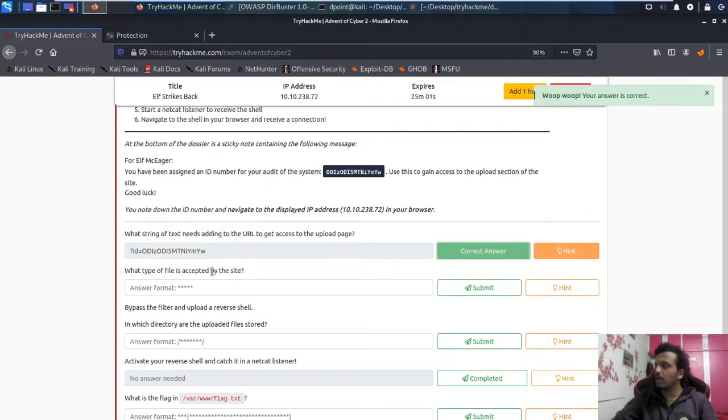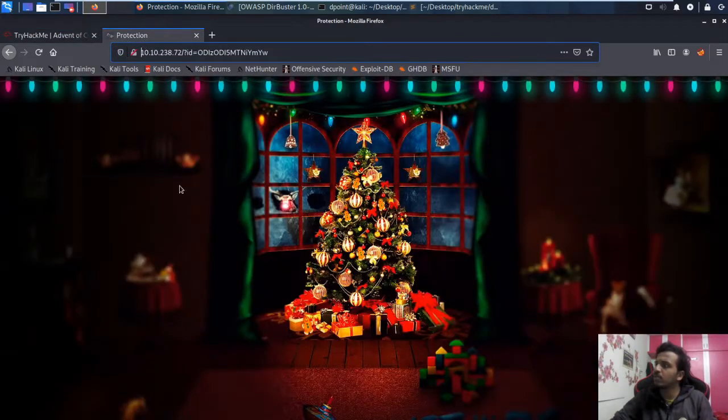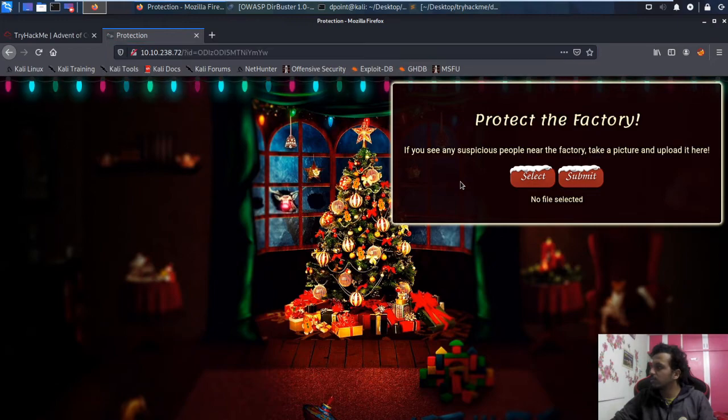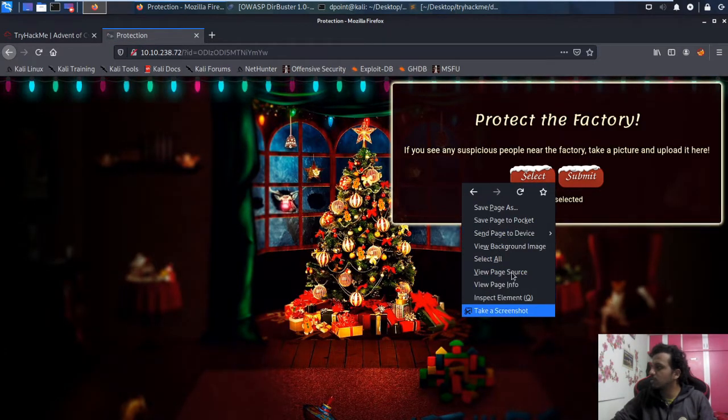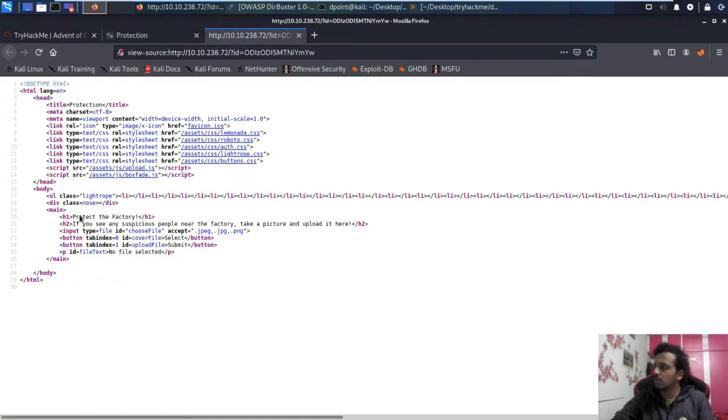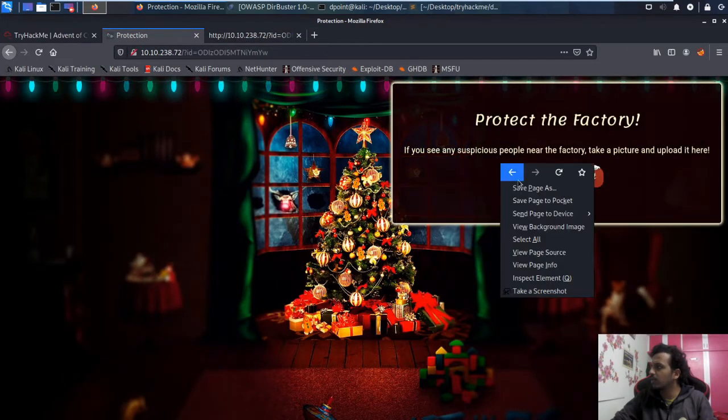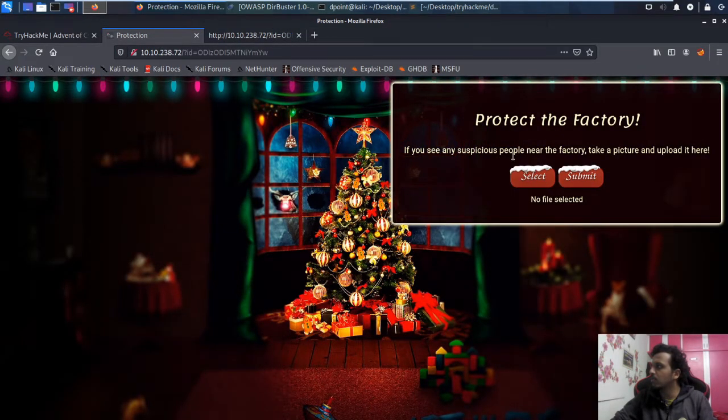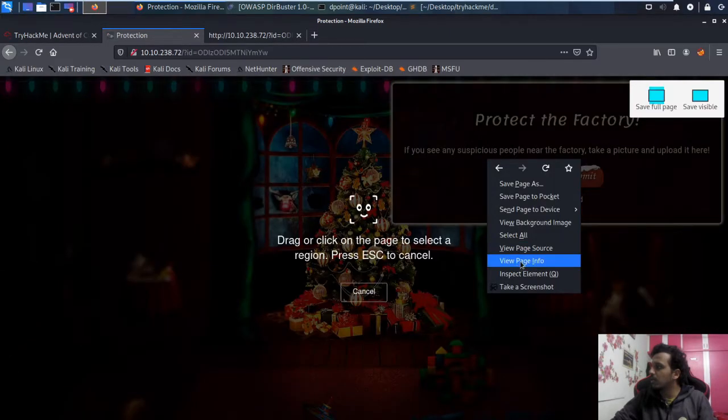What type of file is accepted by this site? We have multiple ways of identifying this. First of all, let's see the page source, and this was our form. Here I see input type file and accept. Whether the id of this and this are the same or not, we can check with inspect element.